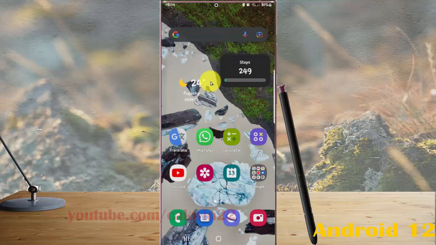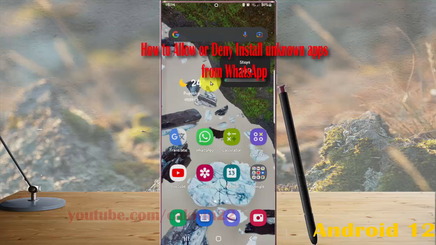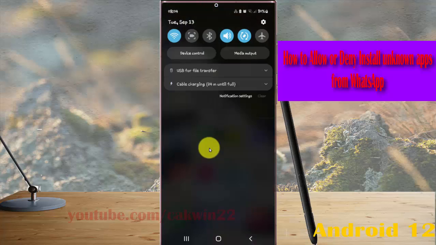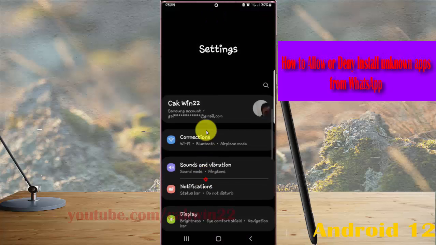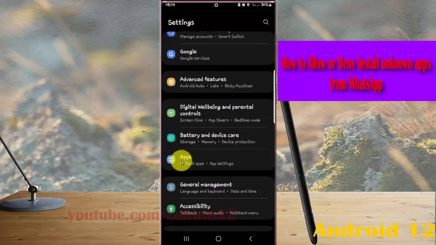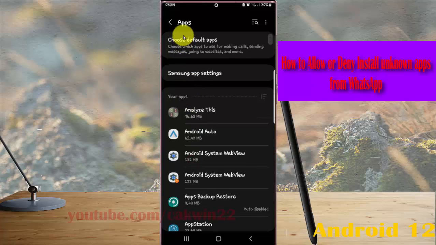Allow or deny install unknown apps from WhatsApp in Samsung Galaxy S22 Ultra. Open settings, swipe the notification panel, and then tap settings icon. Scroll down settings screen, find apps, and then tap apps. Next, tap apps more icon or three dot icon, select special access,